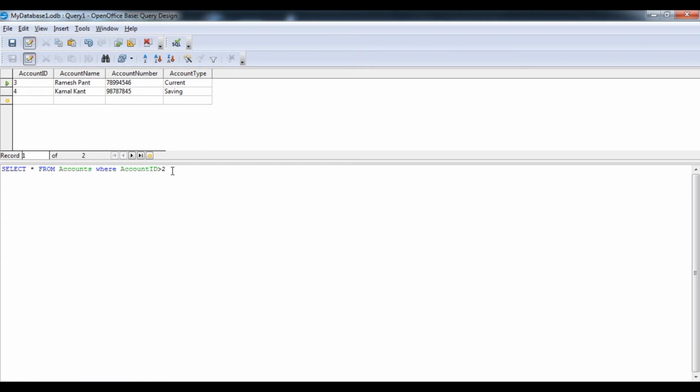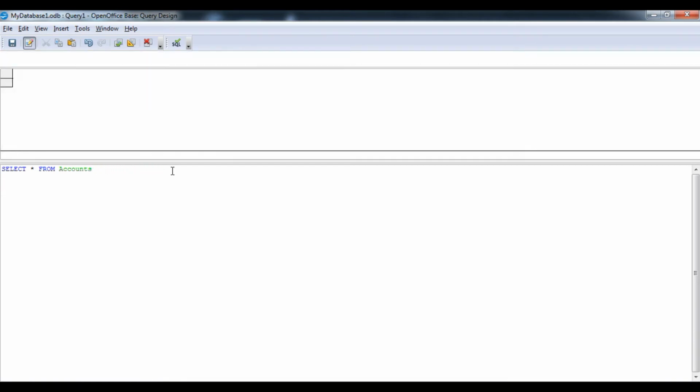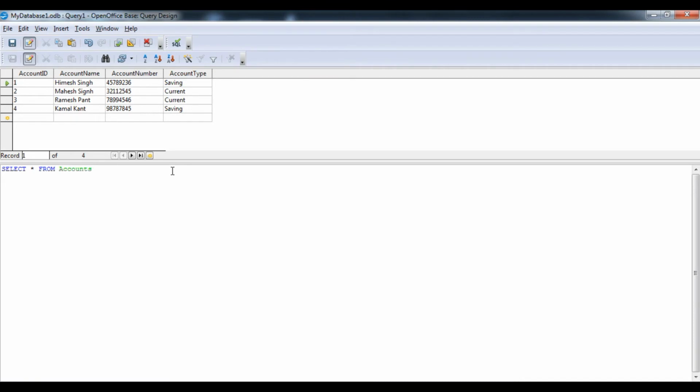Okay student, so here you can see everything is possible through the where clause. We have applied it under the account ID, and now I'm going to apply it on account type. In any attribute, I mean to say any column, we can apply this particular where clause to apply the particular condition or criteria.